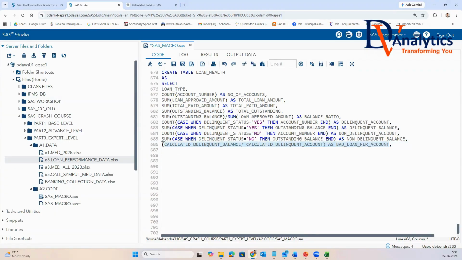Same way you would be doing it here, non-delinquent balance over non-delinquent account, as good loan per account. Then you want to do here calculated good loan per account divided by calculated bad loan per account